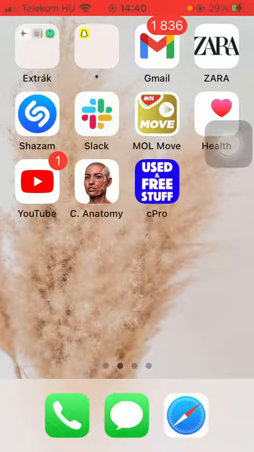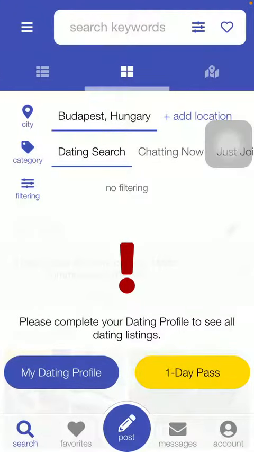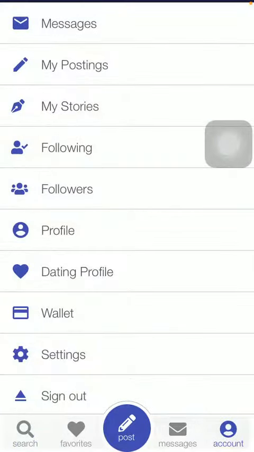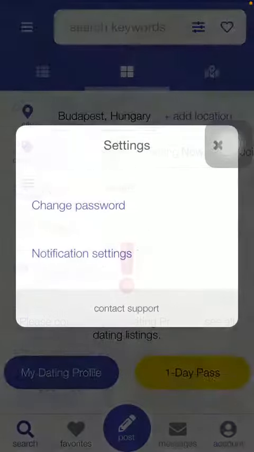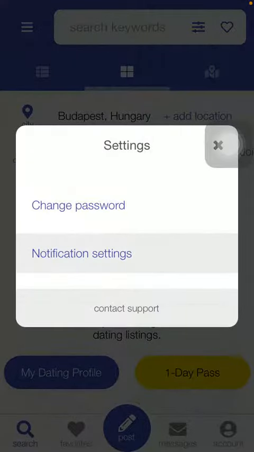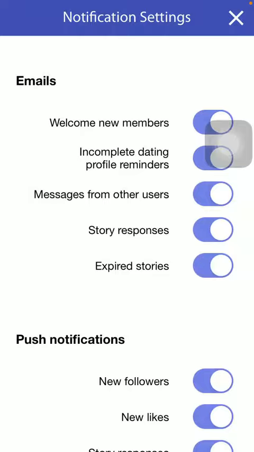First of all, open the app on your phone. After that you tap on the account button down below in the right side corner of the screen. Then tap on settings, click on notification settings, which is the second option, and here you can